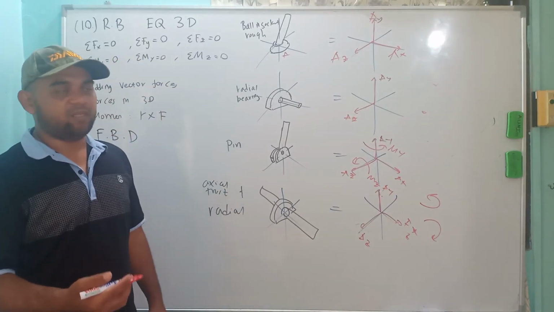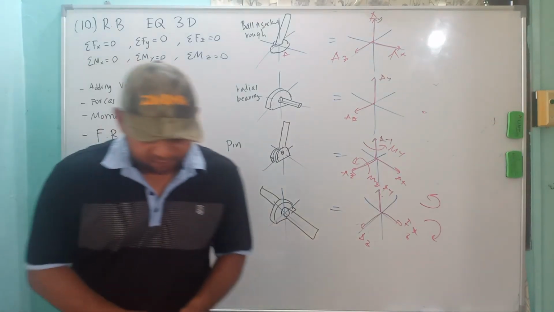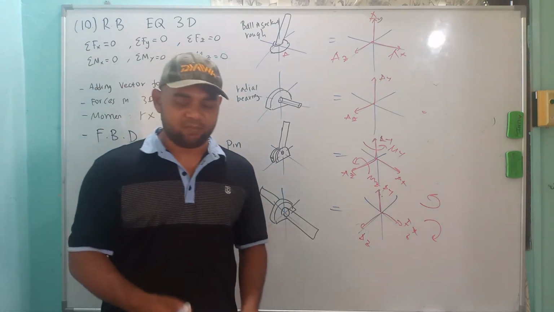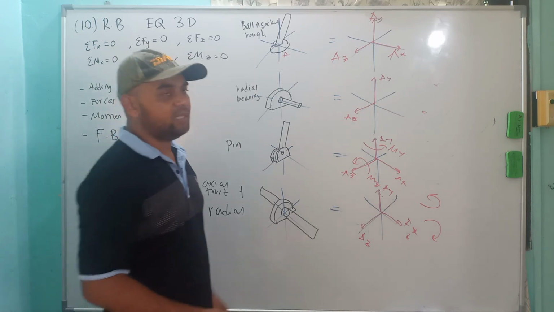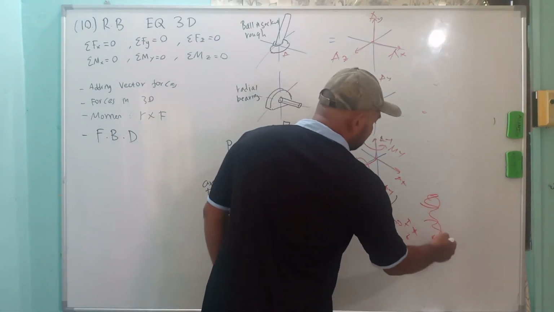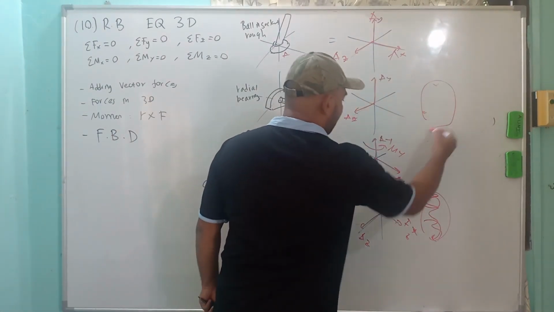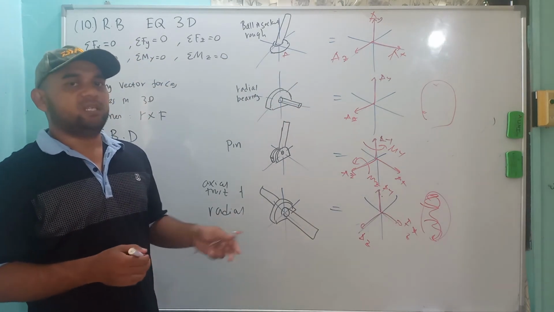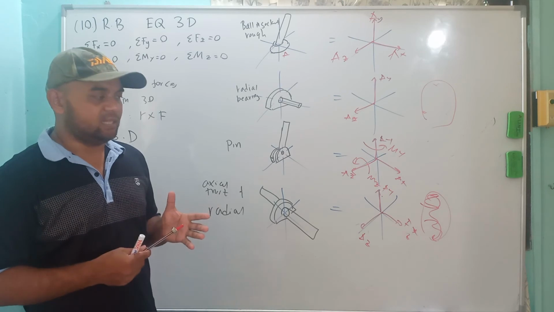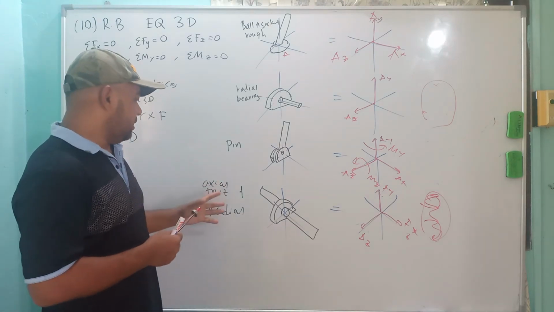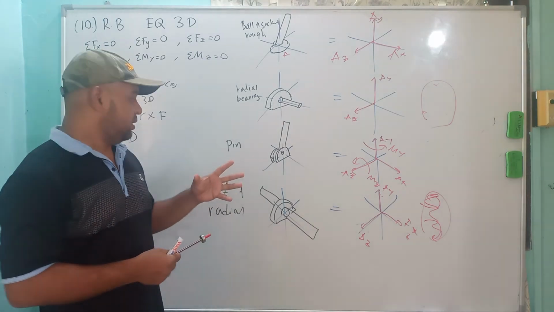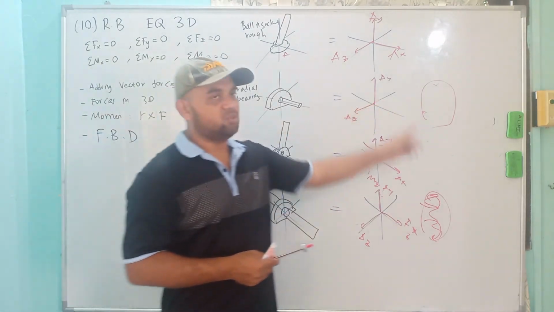It is possible to have that, but normally, as also said in the figure, most bearings are designed to not exert any appreciable moment. So if nothing is said to you, you will ignore these two moments for the bearing. You just put the reaction force, not the moment, unless the question tells you that the bearing will exert moment, then you will include these two moments.